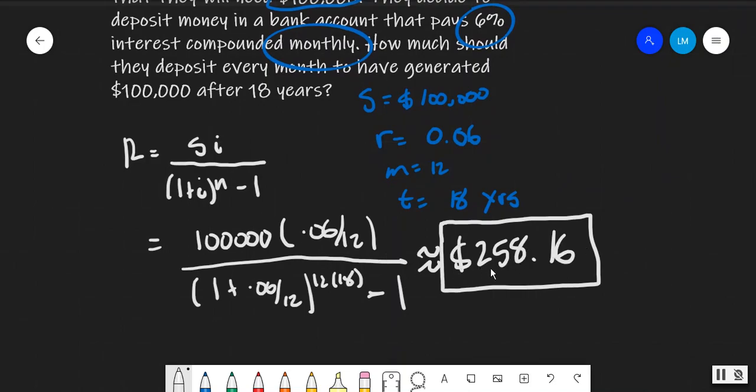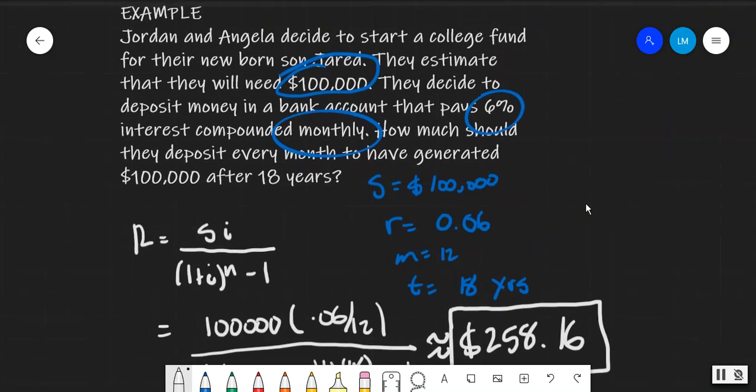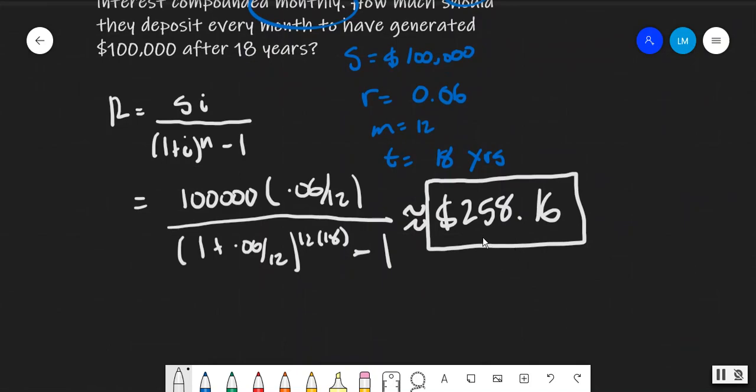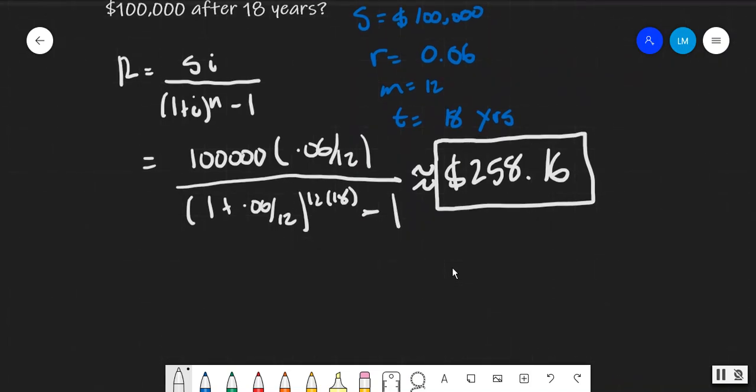That family is spending less than $300 per month, and it's almost like a car payment essentially. And that's not to mention that they might have extra amounts that they're paying towards it. But the whole point of this exercise is that you realize that that's not really a lot when you think about it. And if you want to know the interest that was earned,